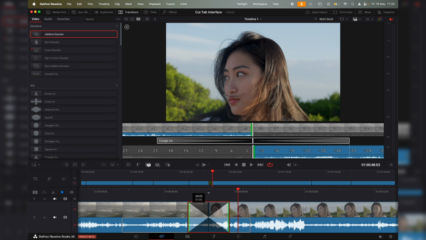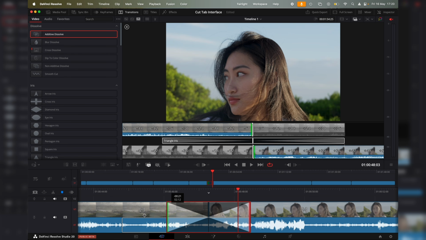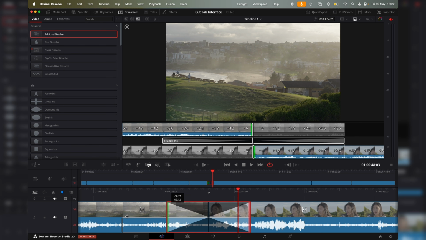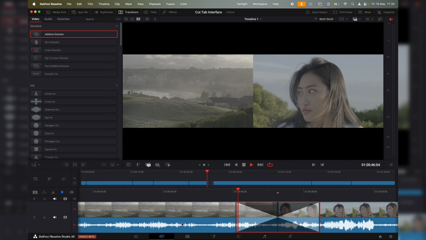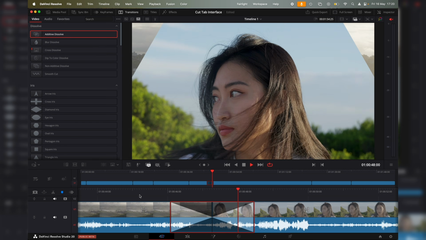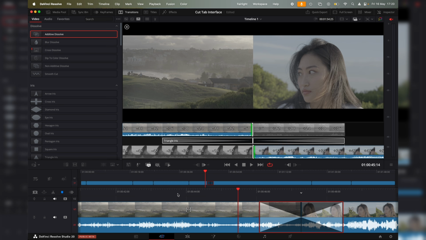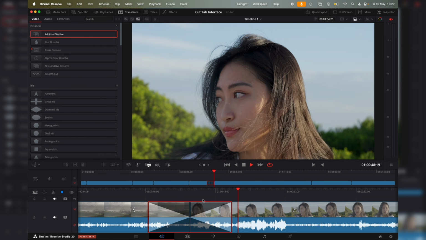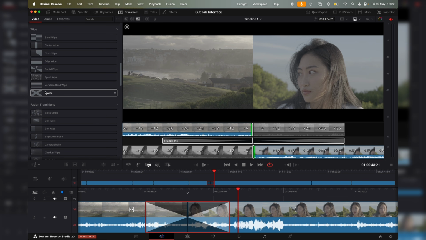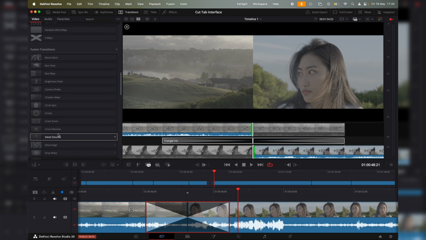And we can speed it up and slow it down. So you see now we're coming to the hard stops of the clip, just coming to the same problem there as we had before. So let's just play it. Wow. There we go. And then we've got all other types of transitions, you know, and the good thing about it is